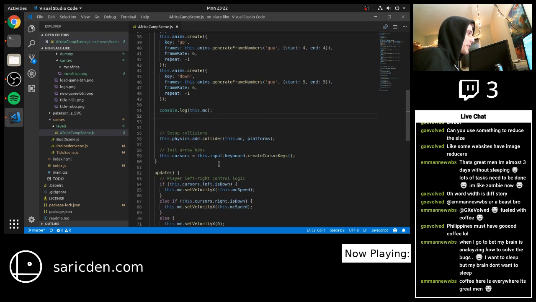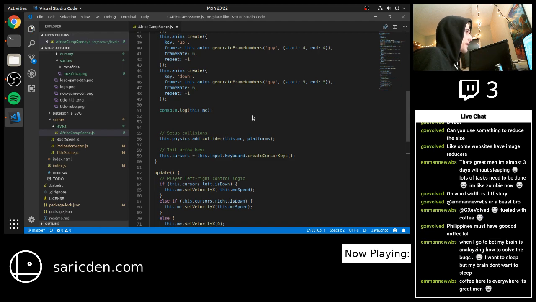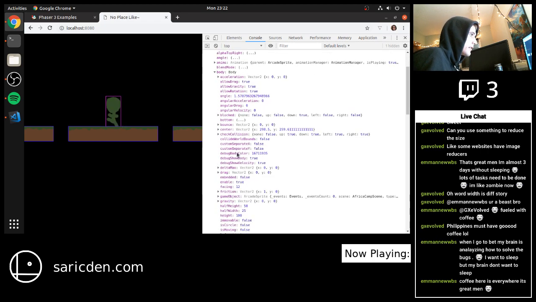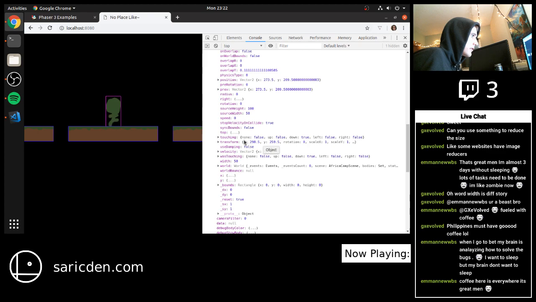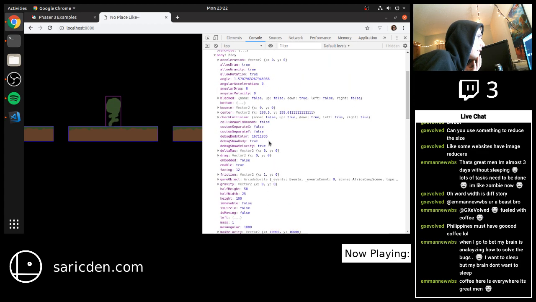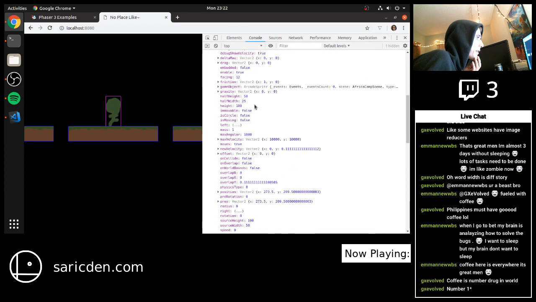Why is it still logging? Oh, because we probably didn't get rid of it down here. Yep. Alright. Save that again. Switch over. Now we should just have it once. Boom. Arcade sprite. Let's have a look. Okay, so there is body. And oh, okay, there isn't a velocity X. Max velocity. That's not what we want. Whoa, angular velocity. This is getting beyond my knowledge of physics. Not that I have much to begin with, but...